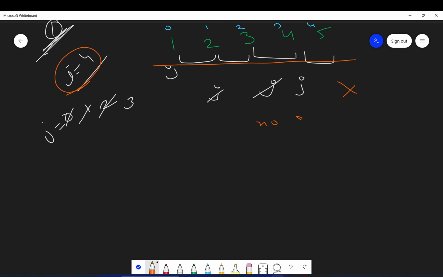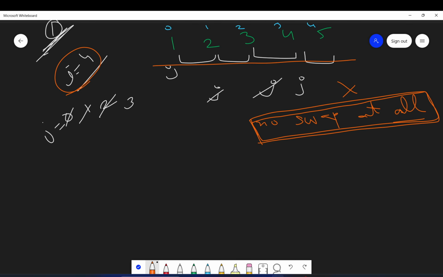No swap at all. So in that case, what can we identify? This is also one optimization: we have to see that there was no swap at all.